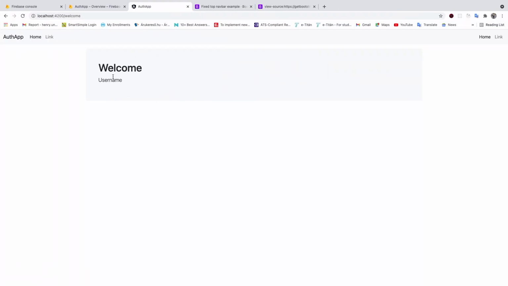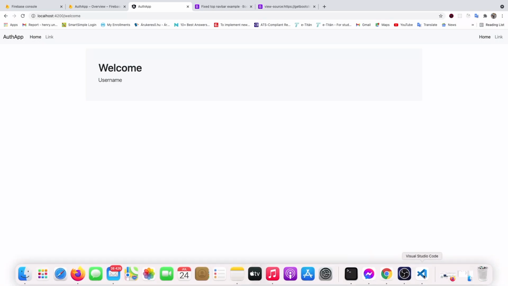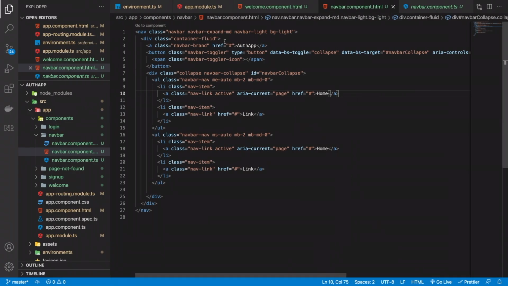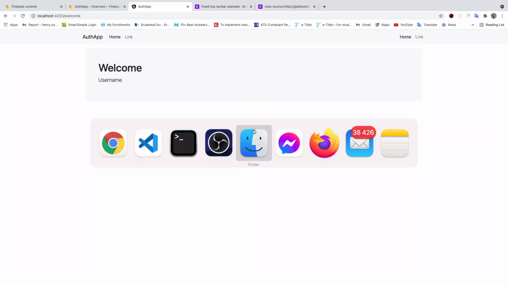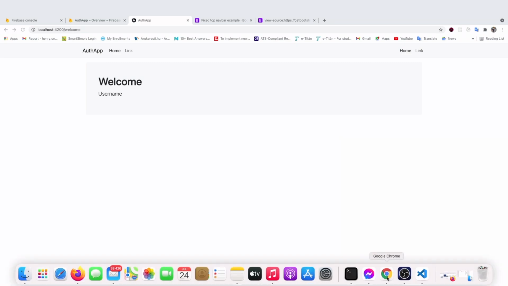So if I save it now, we have the application here, auth app, and we have those links here at the end. So one thing I don't like is they are at the end of the application. I want it to be at the center. So let's go back to the application, and here it's container fluid. If I change it to container, it's going to center it at the middle. So if I save that and I go back, okay, this looks like what I want. And let me go back now to Visual Studio Code,